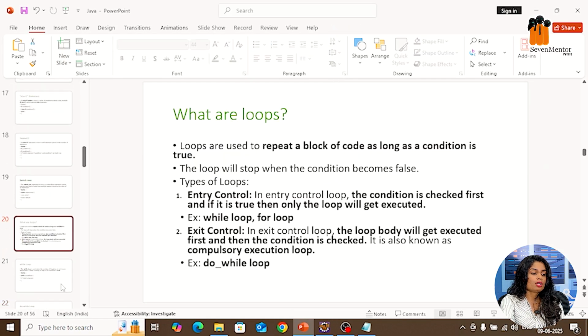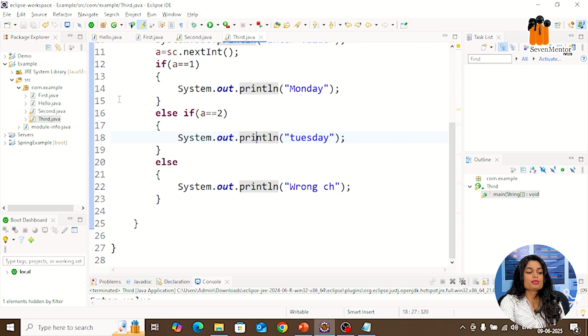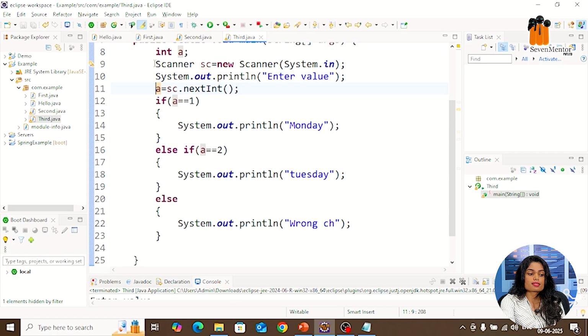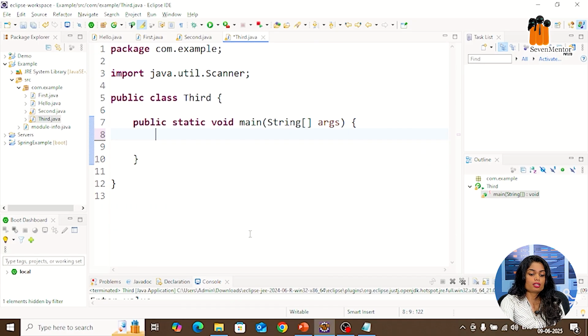Another part we have is called a loop. Loop means what? Simply, a loop is used to execute a block of code continuously. Like I want to print numbers from 1 to 10. It is not possible to declare 10 variables, take input for the 10 variables and print the 10 variables. It is just basically used to lengthen your code. So that's why you can go with a loop. Loop is basically used to execute the continuous block of code.